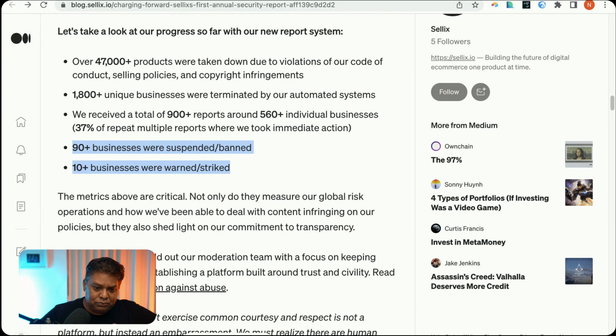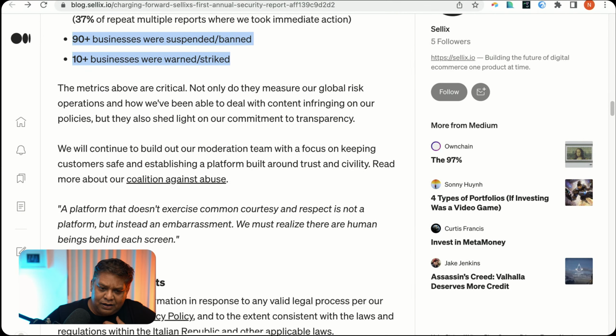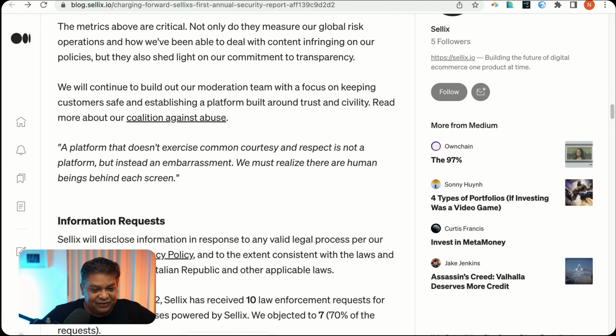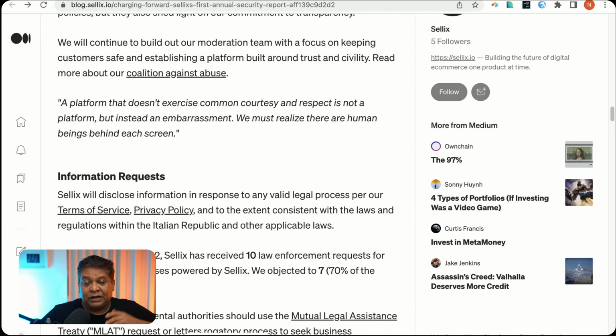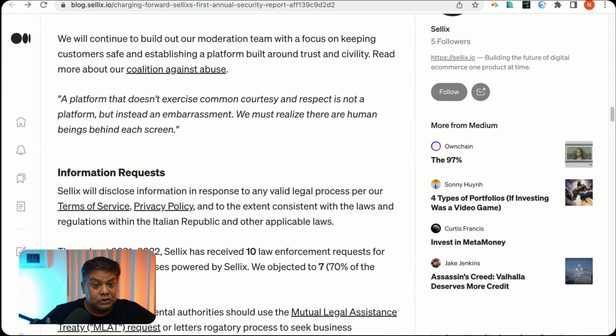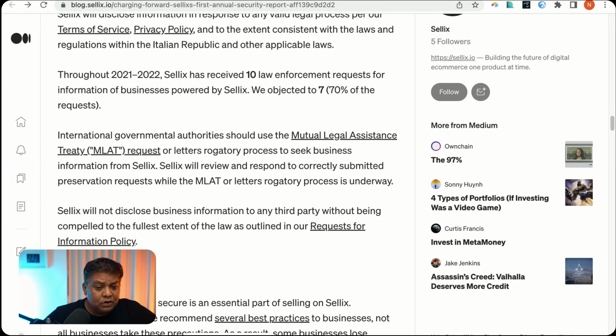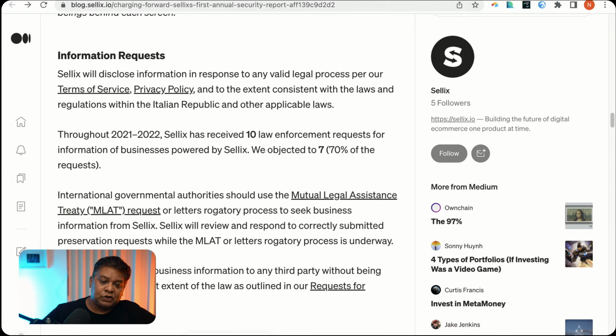So Selix should maybe give me a bounty award or something, right? Because literally you can find it, and they could award a bounty to themselves if they do a quick Google search. But there's quite a few websites still using it. So, information requests, right?